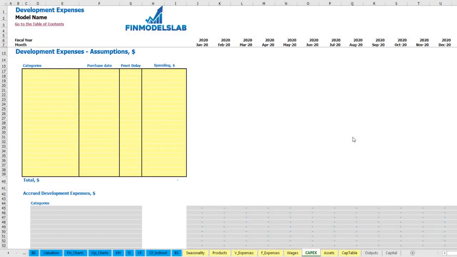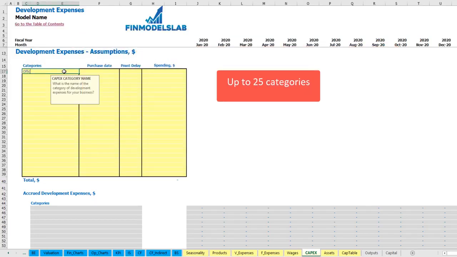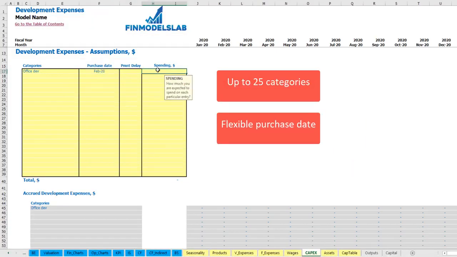On the CapEx tab you may input up to 20 development expenses categories. Let me give you a couple of examples. So for example, office development with purchase date of February 20 with spending of $10,000,